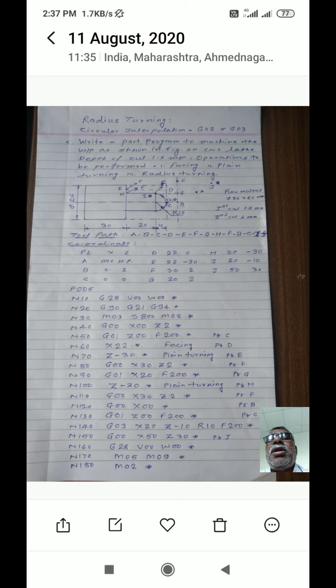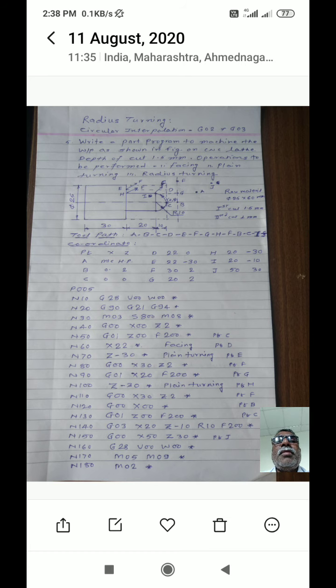So, in block number 60, N60, you have to just mention the X coordinate, that is X22. Is it okay? Means during this block, the tool will move from point C to D for performing the facing operation. Is it okay? Means the facing operation is performed in block number 60.